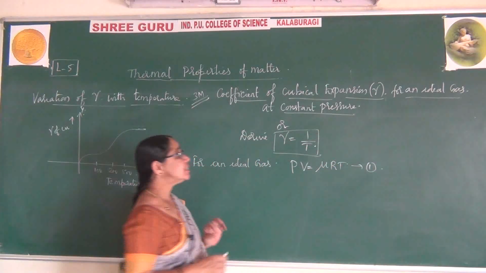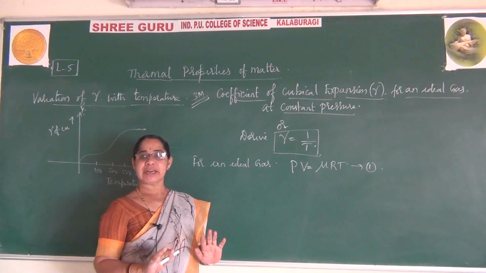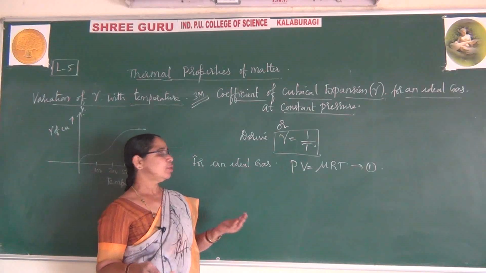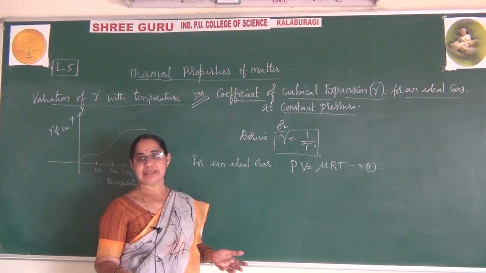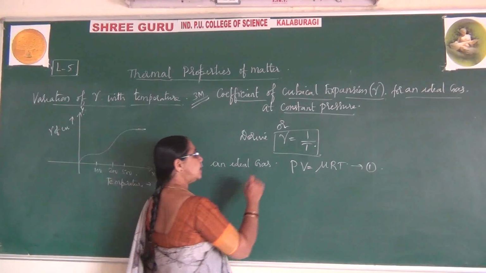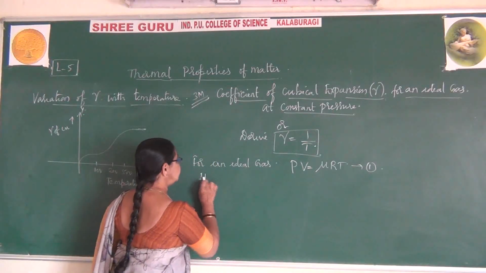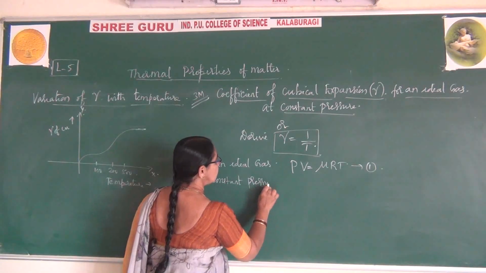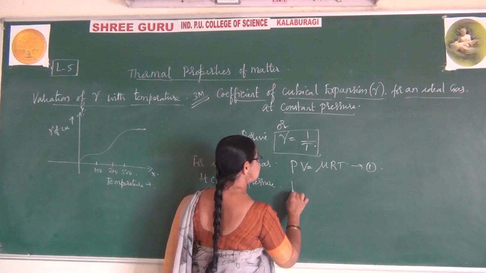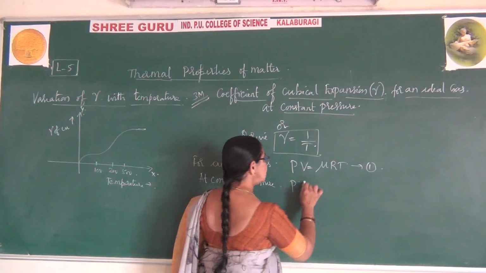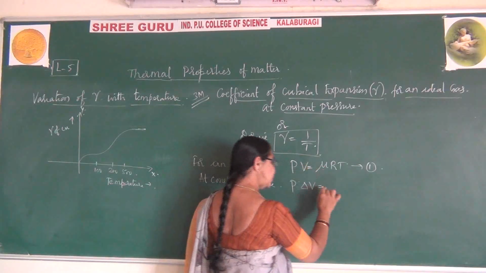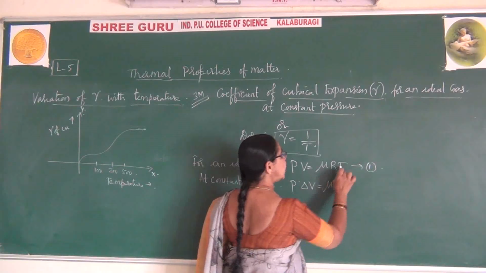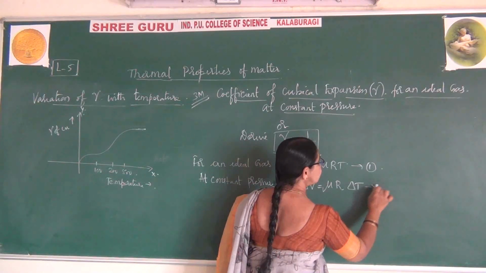Now we have to keep the pressure constant, and you are raising the temperature. When you raise the temperature, volume changes, expansion takes place. At constant pressure, P is kept constant, naturally the volume increases. So you can write P delta V is equal to mu R delta T, where mu is a constant and R is a constant. When it is heated, naturally there is a rise in temperature. So this is equation 2.